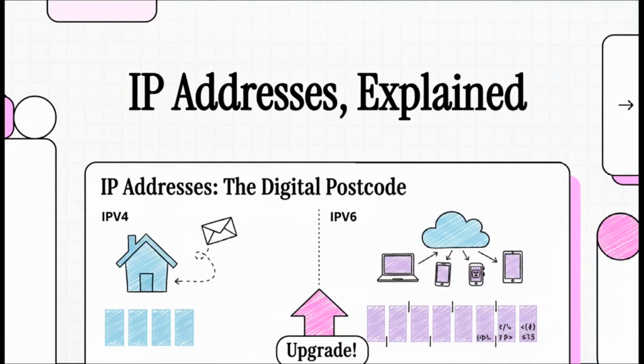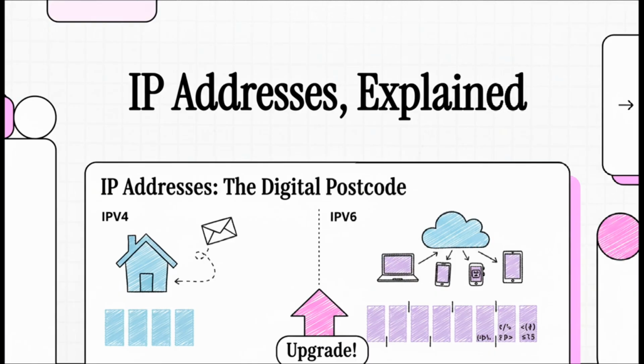Okay, so every time you send an email, stream a movie, or just scroll through your feed, there's this incredible hidden system working in the background. It's basically a giant global post office for all our data. It is the invisible backbone of our connected world. And you know what? It all comes down to one thing: the IP address. So in this explainer, we're going to demystify what that is, and more importantly, why it's so critical to, well,